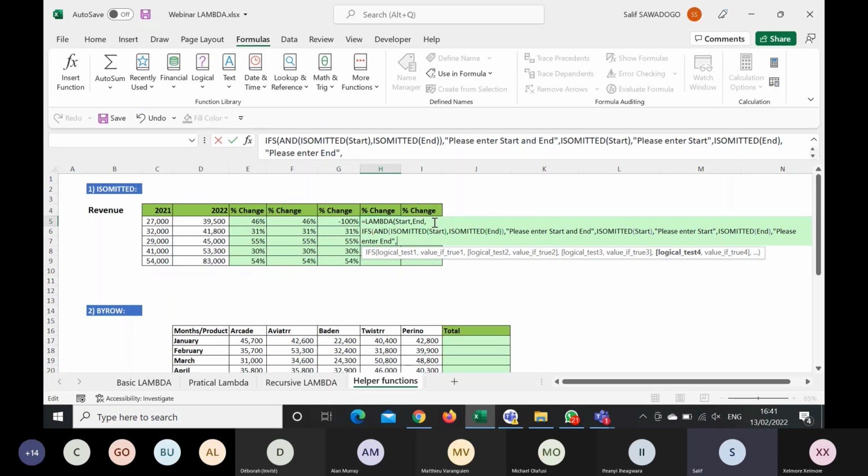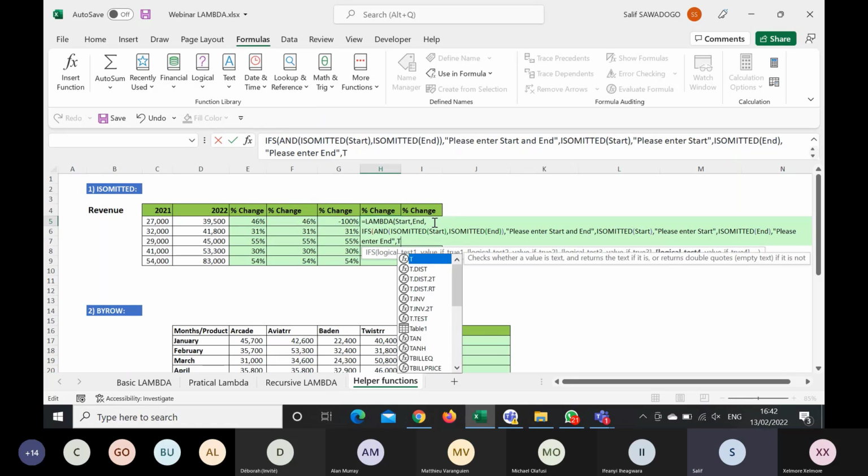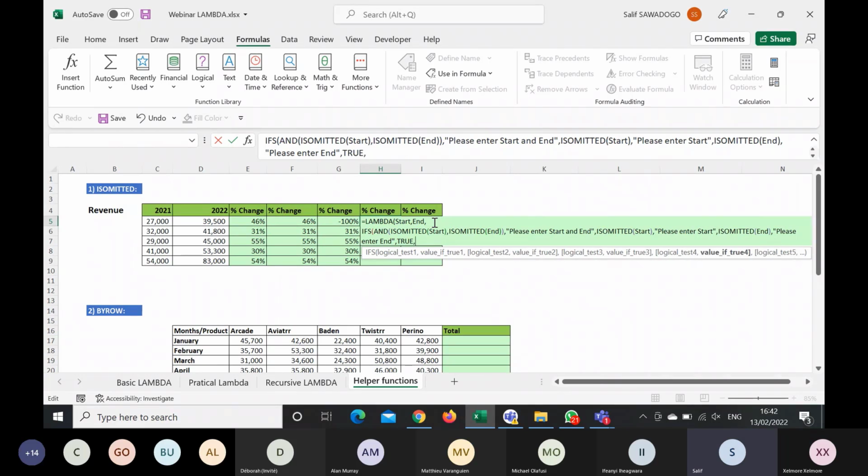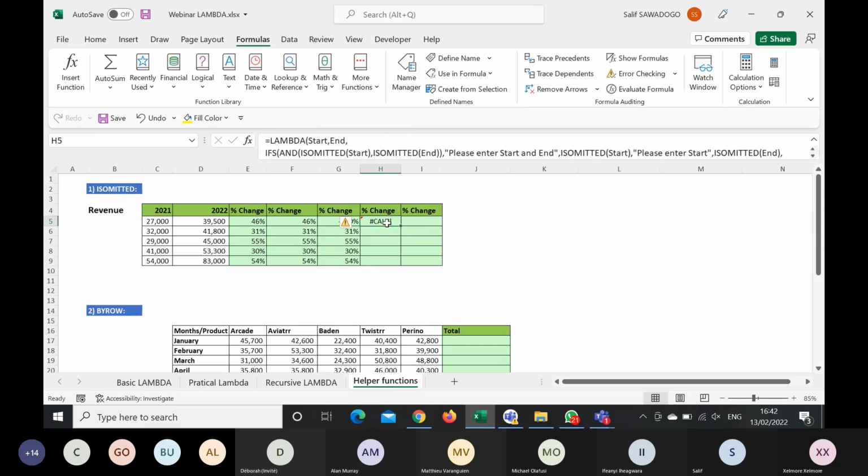So if we got the two parameters put by the user, for example, if it is true, I want Excel to make the calculation. So this time, I'm going to make n divided by star minus 1. I can close my parentheses for the if function, close for the lambda function, and hit enter. It's not gonna work